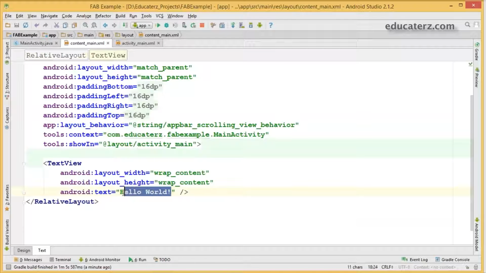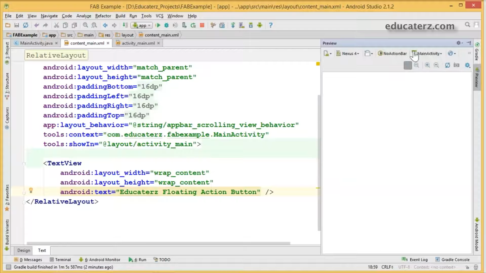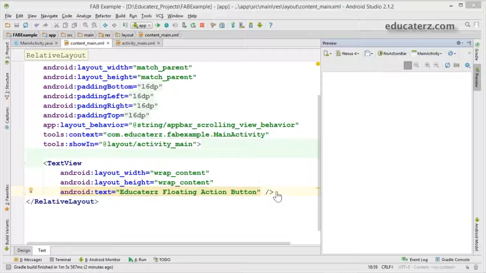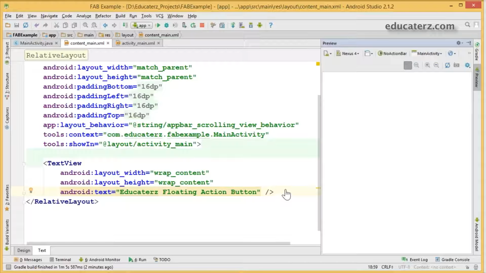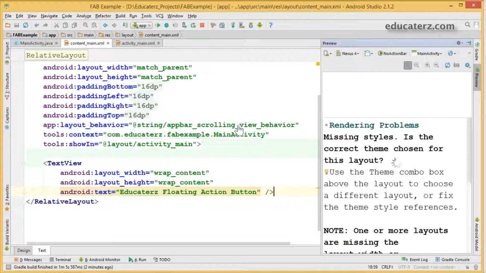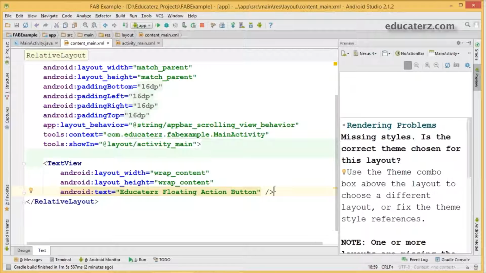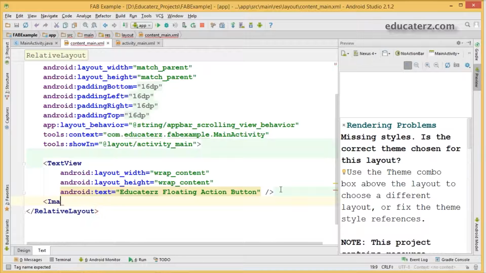So the text is like hello world. Now I'm going to change this to educators floating action button, and I would like to add, you can check that in your preview of course, an image view.